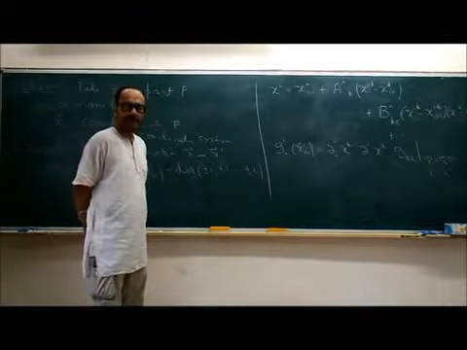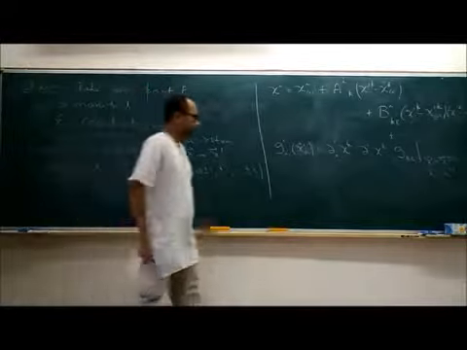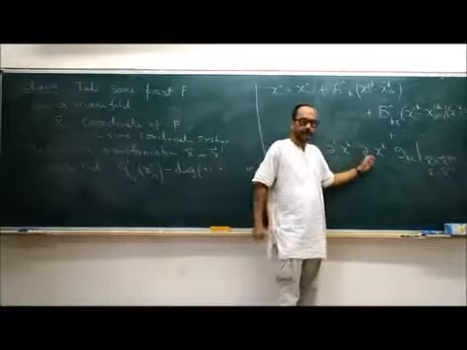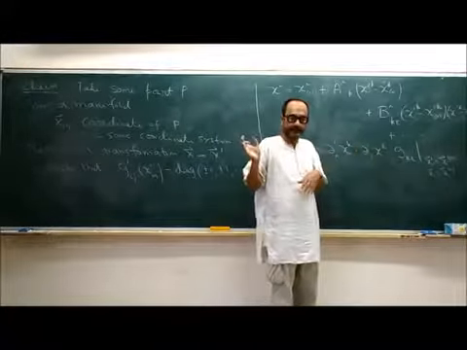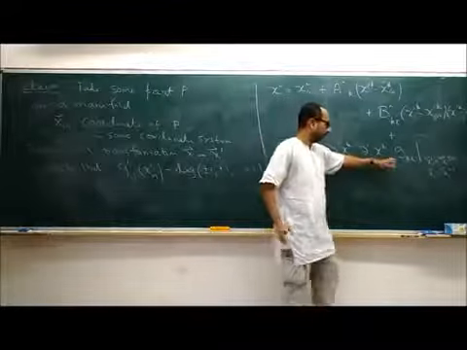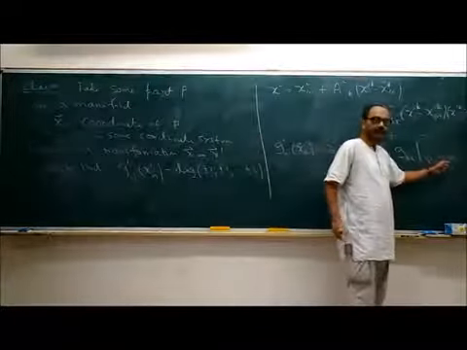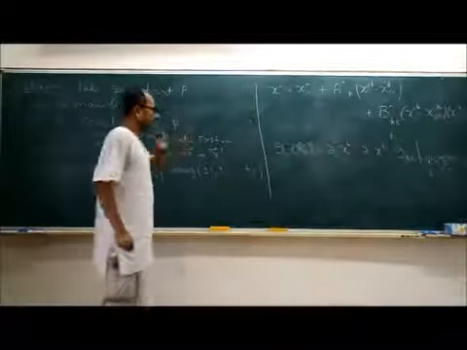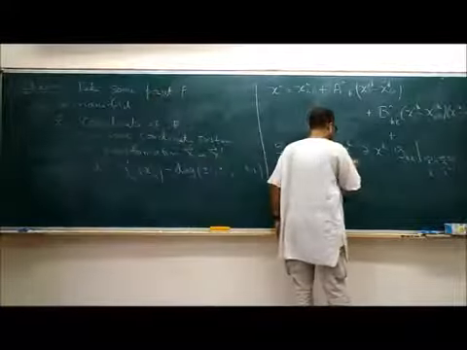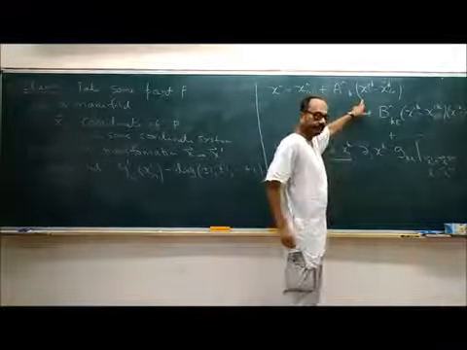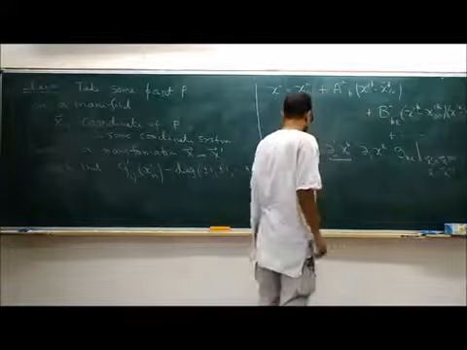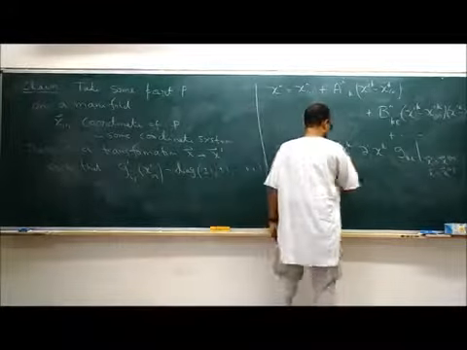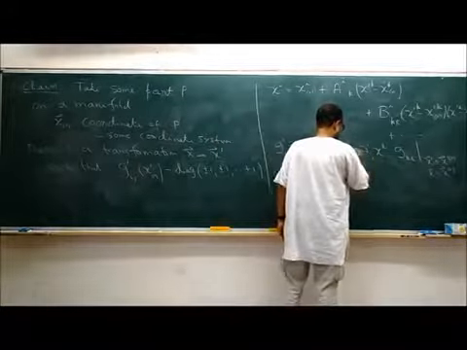Is this point clear? We are evaluating this at x prime equal to x prime naught. That is the same as x equal to x naught, because x and x prime are related by this functional relationship. So the right hand side has to be evaluated at x equal to x naught, which is equivalent to setting x prime equal to x prime naught. Now we see that this quantity we can calculate from here. Maybe I want to change the indices, just to make life a little simpler. I'll call these KL and these are IJ.